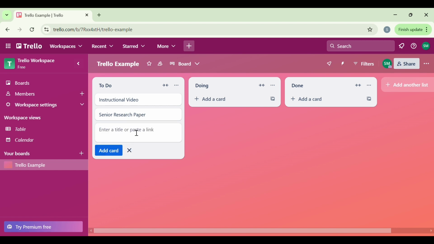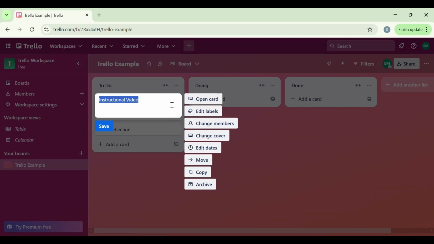And I can add a health fitness reflection for now. So these are all assigned in the to-do list, and we can edit the card if there's a mistake or